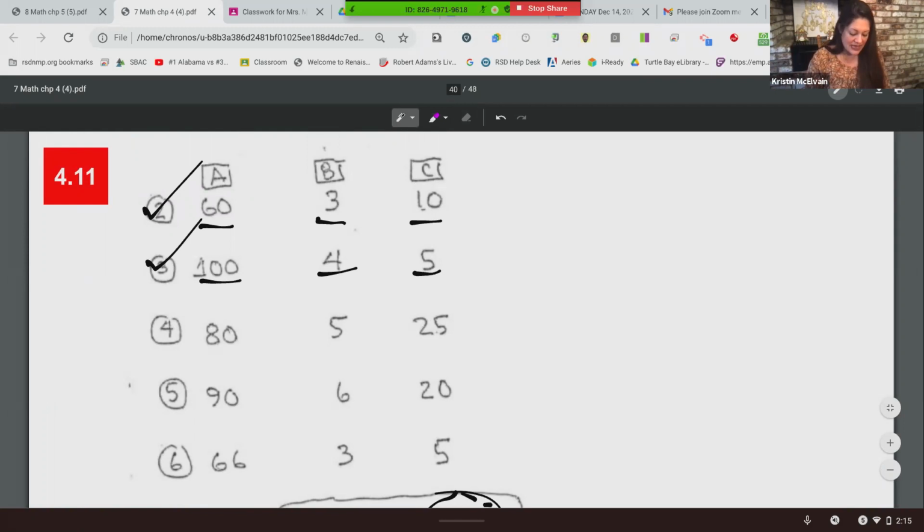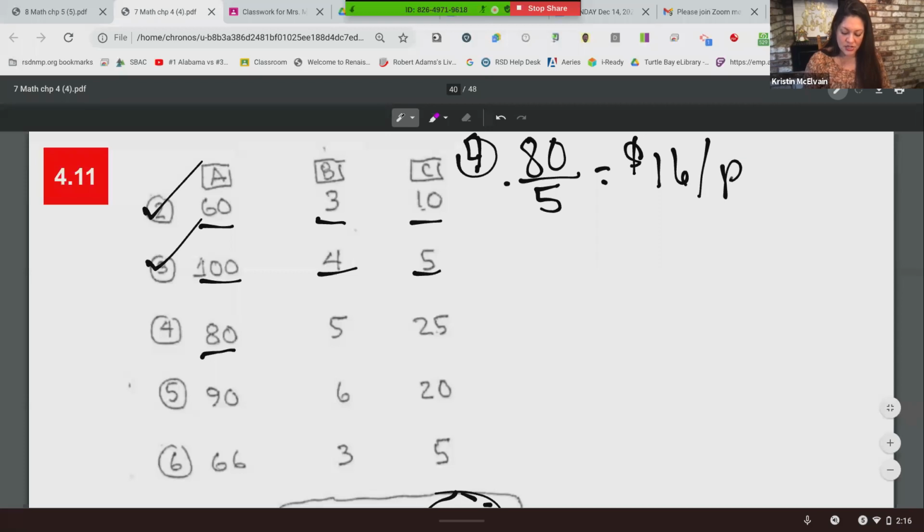Number 4. So we have $80. $80 for 5 dogs is going to be what? 16? 80 divided by 5. Did I say 4 earlier, right? 80 divided by 5 dogs. $16 per